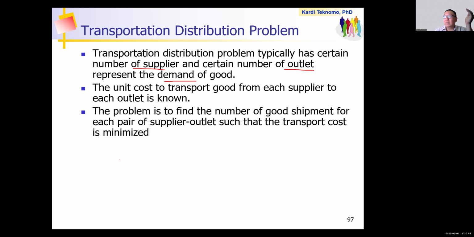This problem is called the transportation problem. You need to find the number of goods shipped from each pair of supplier and outlet so that the total cost for the whole system is minimized.